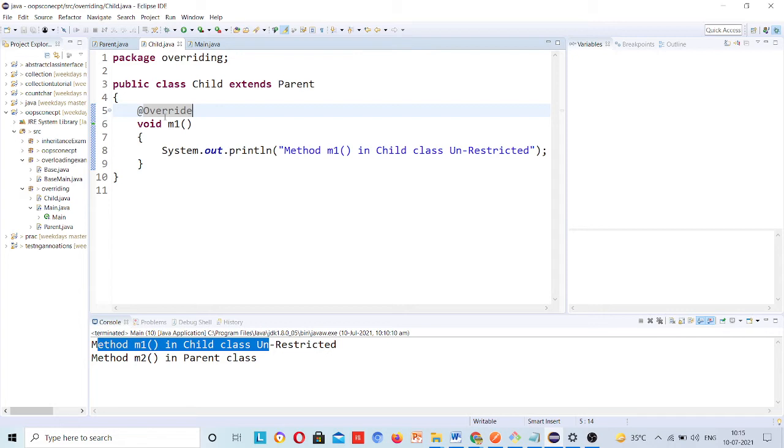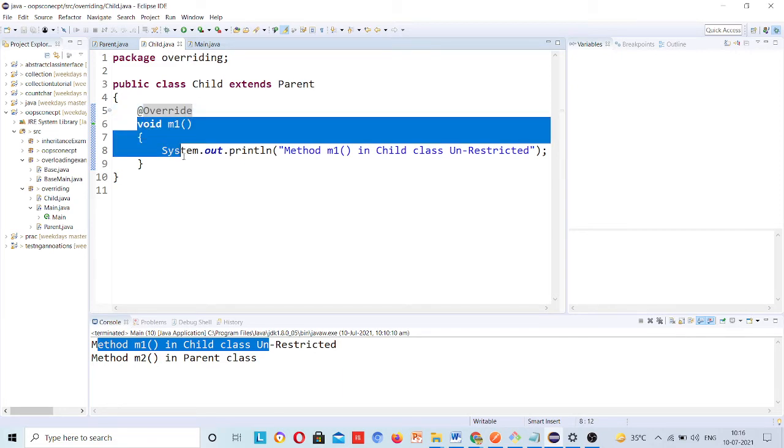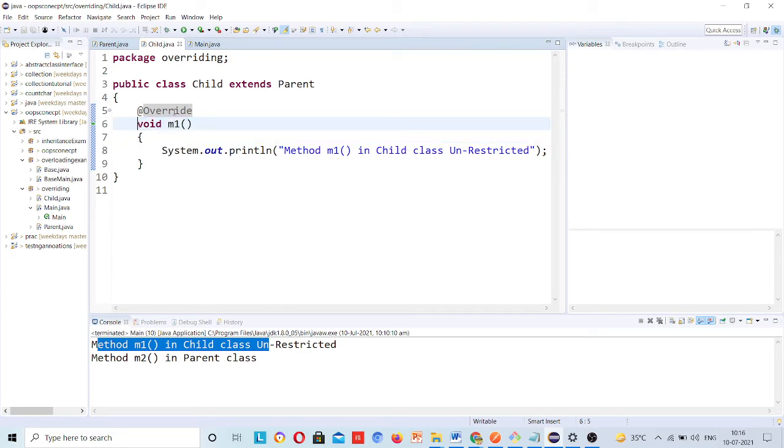And what this annotation means is that you are overriding this method. So whoever comes after you in this project will be able to understand that you are overriding this method. If you want to see the basic version of this method, you can go to the parent class and check. But if you don't write it, it is still overriding. This is clear.